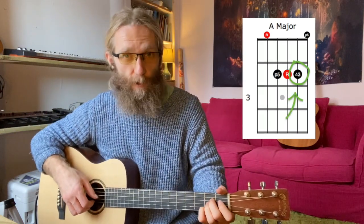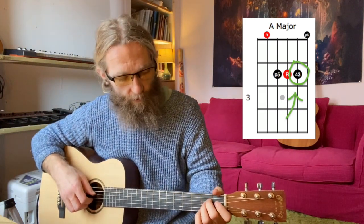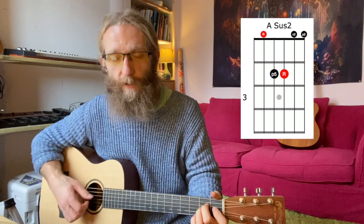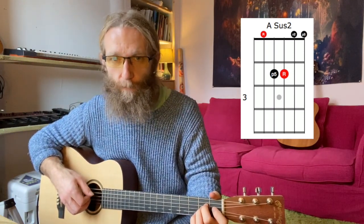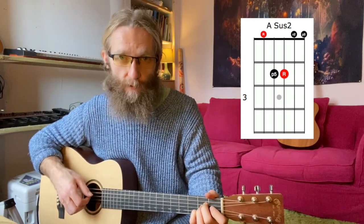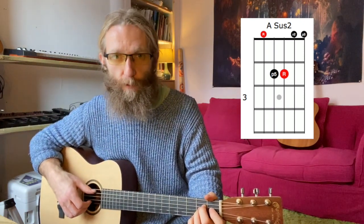Now we replace this third note with a second note. So now the triad is first, fifth and second, instead of first, fifth and third, or the first, third and fifth. Now we've got the first, second